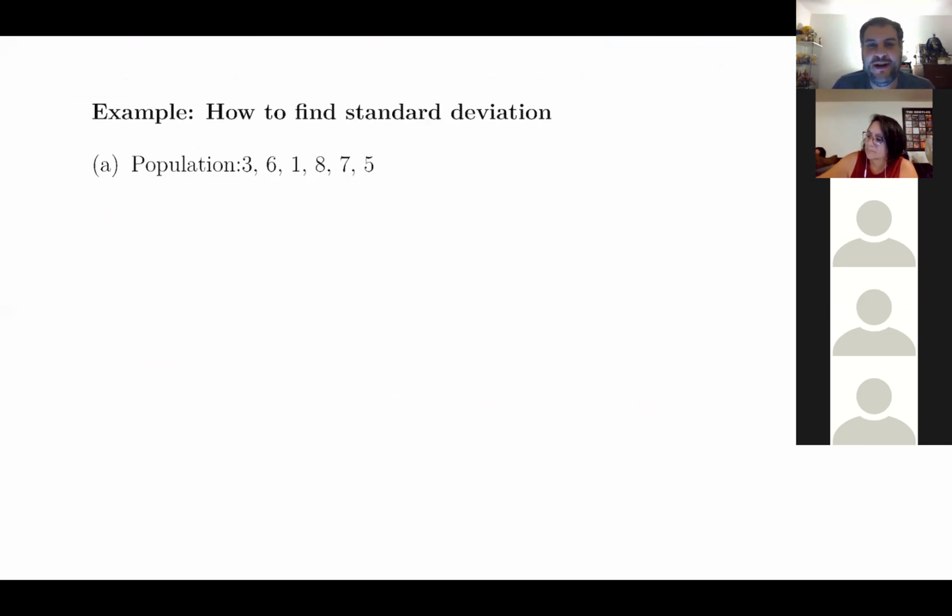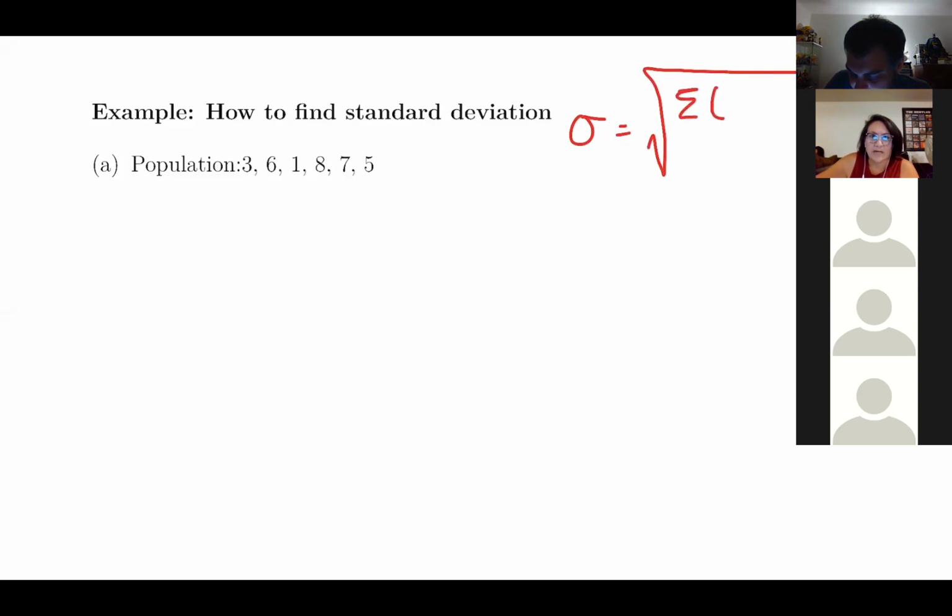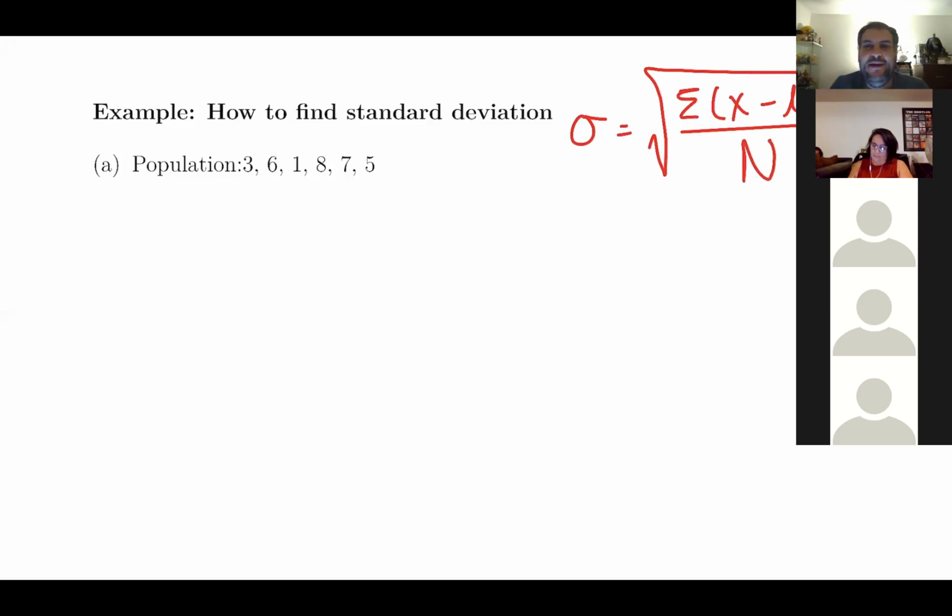So what we're going to do is this data set. If you look at the data set, it says population. So since this is the population, we're going to use this formula. Already messing up. All right, so let's go ahead and do that formula. Remember, we're doing this formula because the problem said this is a population. So since this is a population, we have to find the population standard deviation.